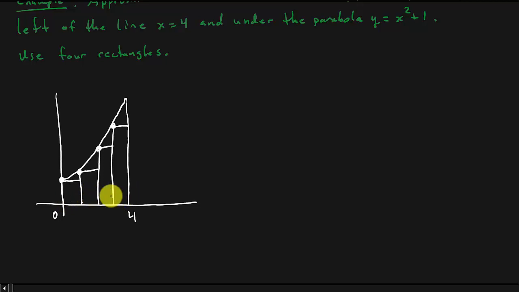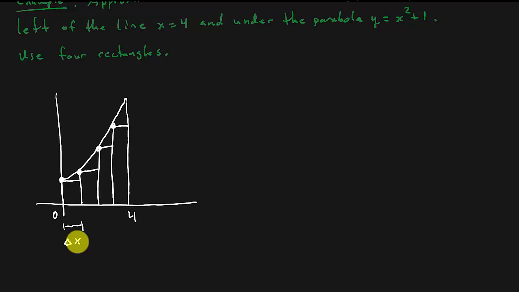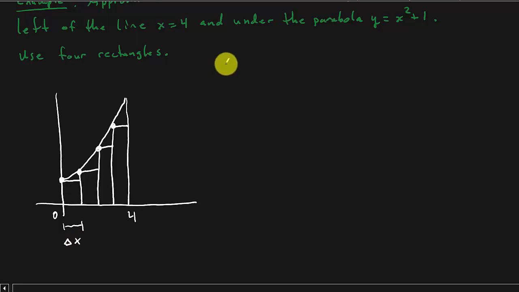So what do we need in order to find the area of each rectangle? Well, we need the width of it, and we need the height of it, don't we? All right, so let's find the width, and we'll call that width delta x. That's the width of each rectangle. And the width of each rectangle is going to be the same. We're breaking it up into 4 equal width rectangles. So to find the width of the rectangle, delta x, that is b minus a over n, where